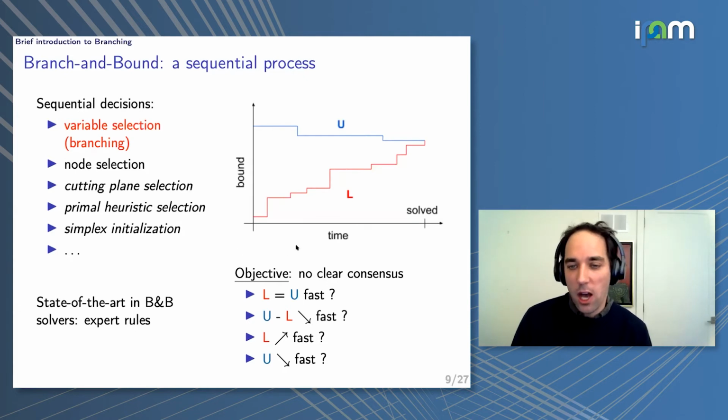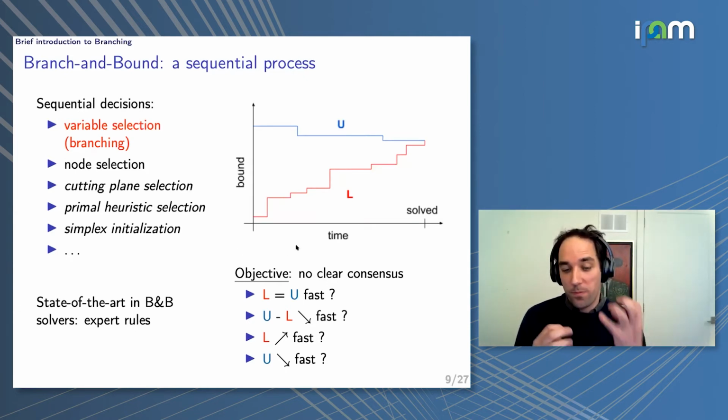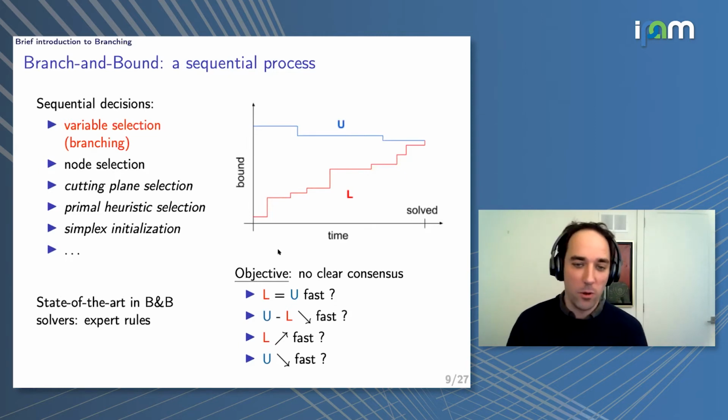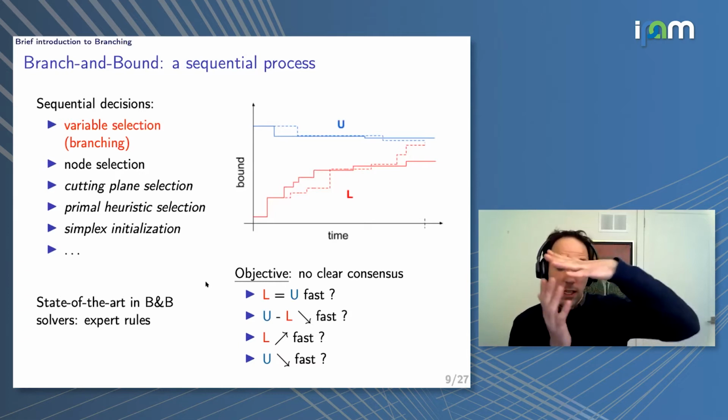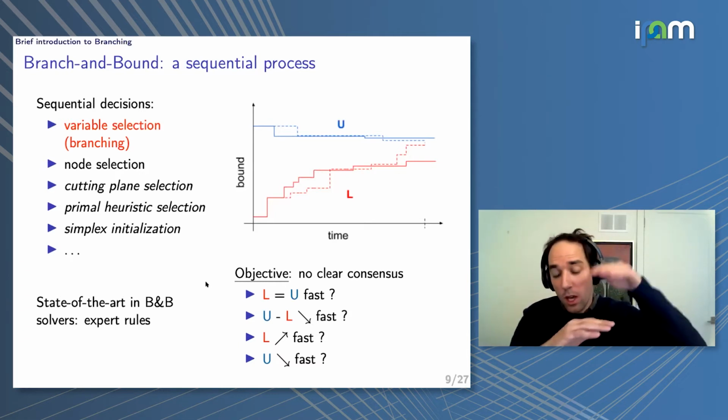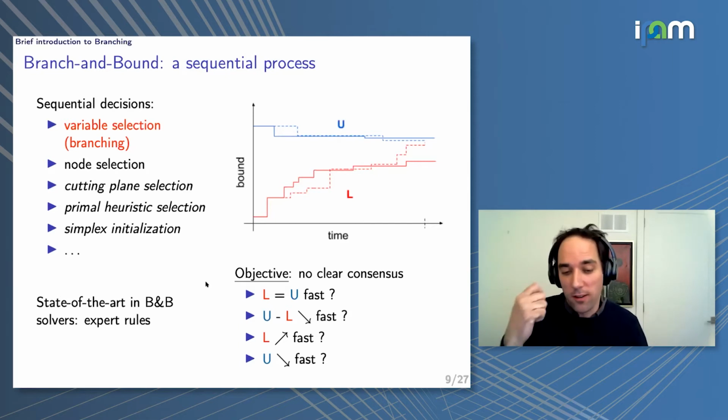Of course, you can think, you want to find the optimal solution as quickly as possible, right? So L might be equal to U, maybe that's what you want, but perhaps you want something else, like you want this duality gap, right? Basically the space between the two, to reduce as fast as possible. Or you want to get to the 1% optimal gap as quickly as possible. And in other problems, you may care about different things, right? So in some problems, you may care about finding really good dual bounds or finding really good upper bounds, primal bounds, okay?